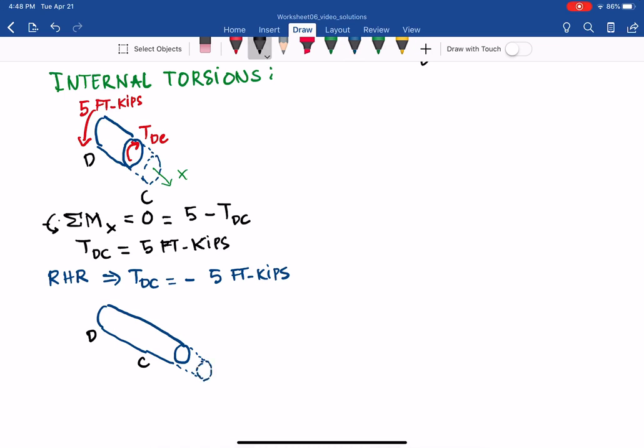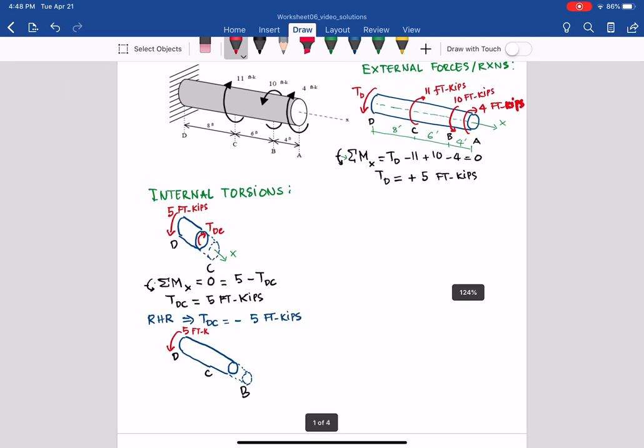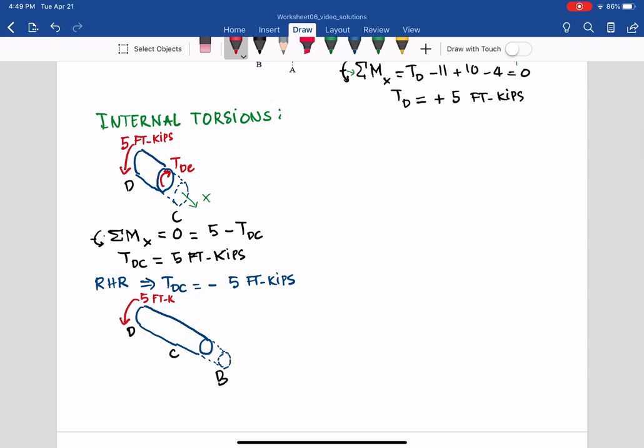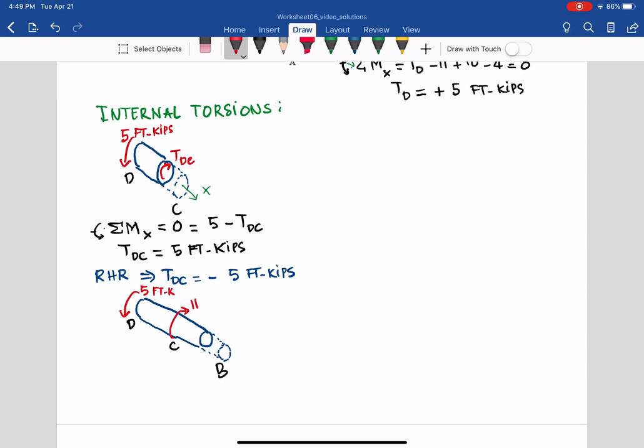So we have that B. From that we have at D, we have a reaction 5 foot kips. I put K to make it easy. And at C, we have 11 foot kips from there, right? So it will be 11 at C, 11 foot kips. So cut somewhere between C and B, we call that the internal